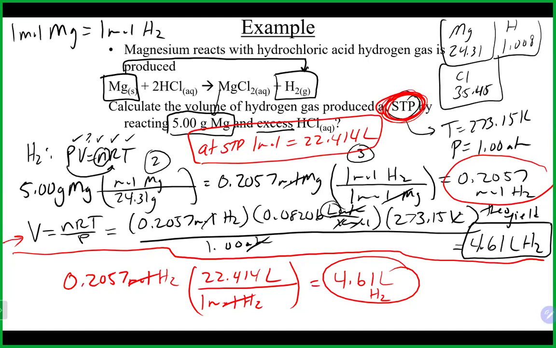You don't even have to worry about that conversion if you don't want to. Any questions on stoichiometry involving gases? As I mentioned before, it is possible to have a limiting reagent type problem. You just have to do that limiting reagent step like normal, and you obviously would be able to get the moles of everybody to start with. That's how, again, you could recognize it. Any questions on that?